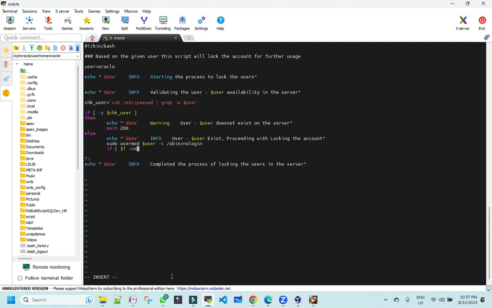Hyphen ne is nothing but not equal to. Hyphen eq is equal to, gt is greater than, ge is greater than or equal to, le is less than or equal to, and lt is less than. So it's simple. Whenever you do a numeric comparison, you have to use these, with respect to bash I am speaking. Other shells have their own different things. In our case I am checking, if dollar question mark hyphen eq 0,